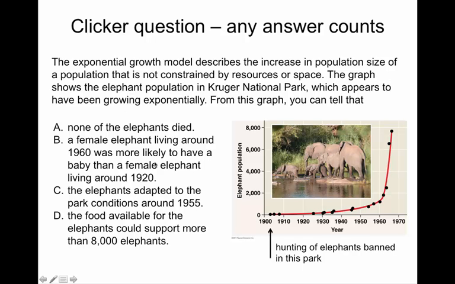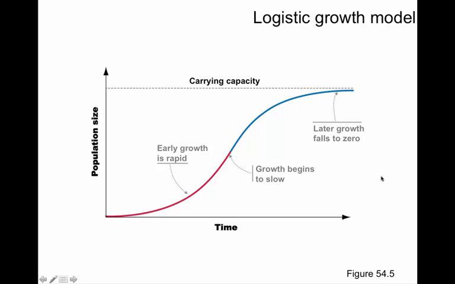I'll say students often pick an answer such as B, looking at a graph like this, because students incorrectly make an inference about a single female elephant by assuming that, well, if the population is increasing,